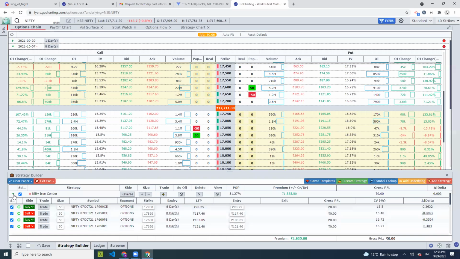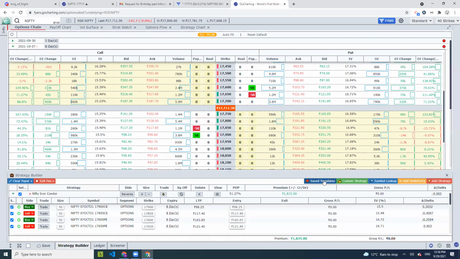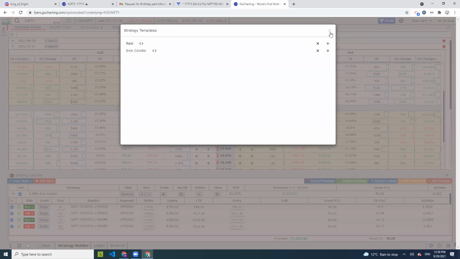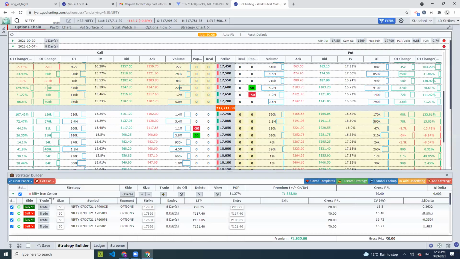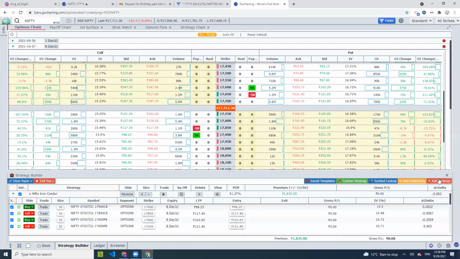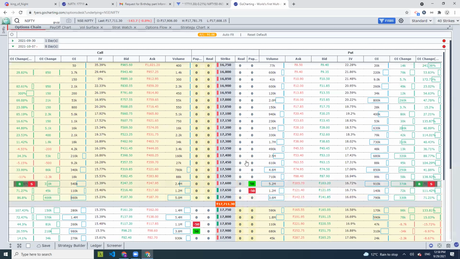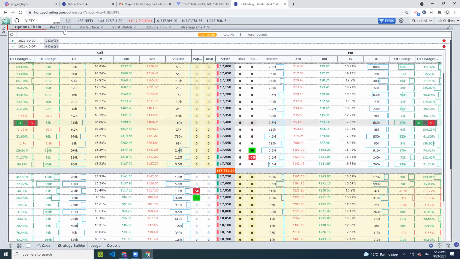There's one more advantage, we'll talk about it a little later. So now you know what to do with this view button, why this formula is used, and how to save this formula. Once you save it, you can directly apply it on the strategy panel by just clicking on this add button, add to strategy builder. So this is one of the advantages that you directly get out of this formula based options creation module. This quickly wraps up some of the things that we added in the recent past. Then we go to the payoff chart.